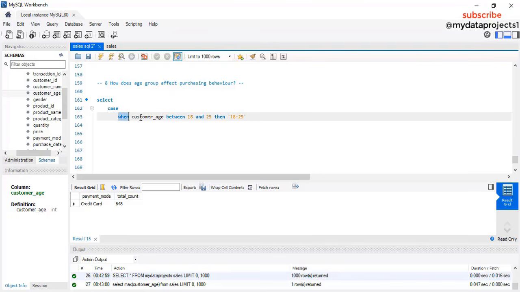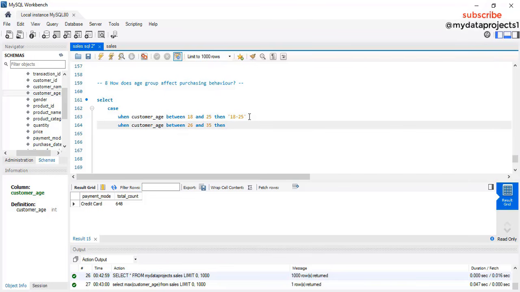Okay, I copy, Ctrl C, Ctrl V. It's between 26 and 35, then 26 to 35, then Ctrl V again, 36 and 50, then 36 to 50,